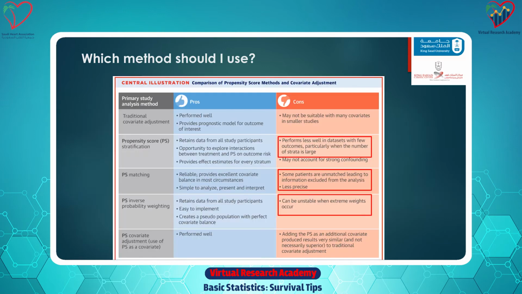Okay, so in summary, what does that really mean? They concluded that there are a few details that you have to pay attention to. So maybe stratification is not good when you don't have enough events. Matching, because you match one-to-one, you lose a lot of individuals in the study if you don't have the exact match, so maybe it doesn't perform well when the sample size is not big. And inverse probability weighting, when you have very strong confounders, didn't do well. But otherwise, the techniques didn't differ much.